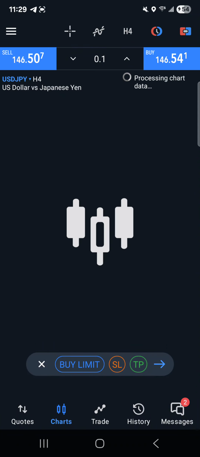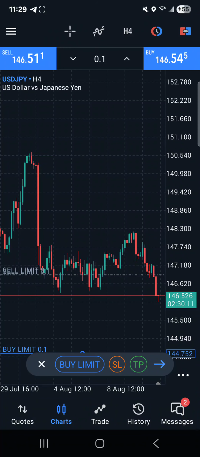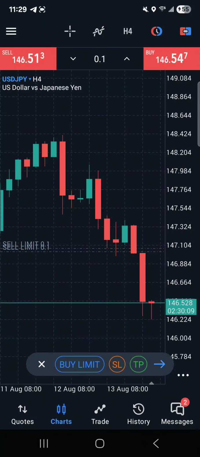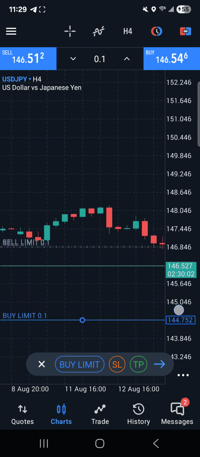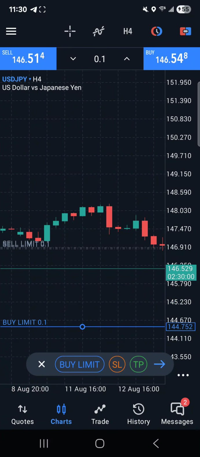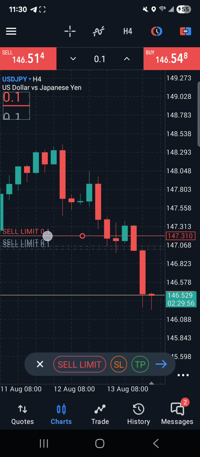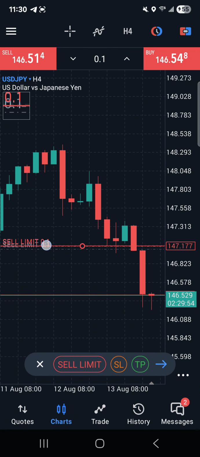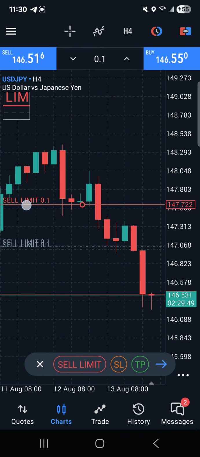On the 4-hour, it's taking time to load. On the 4-hour time frame, I've set my sell limit around this order block, but above this order block there is this, above here there is this